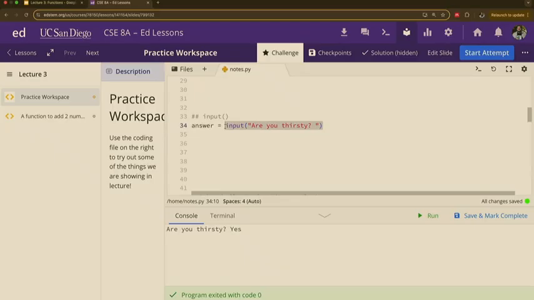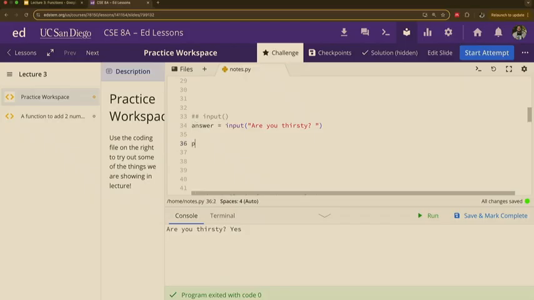Where did the input put their information? So this yes, where is this yes stored at? Variable. Into a variable called answer, right? So input heard what the user had to say. The user said, yes, I am thirsty, and put it into answer.